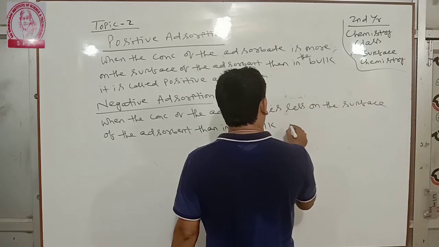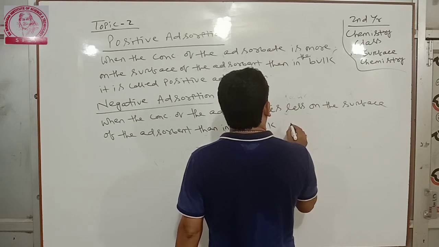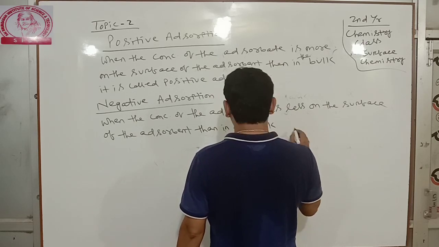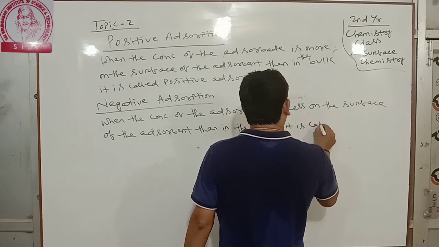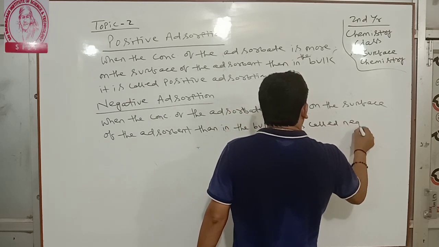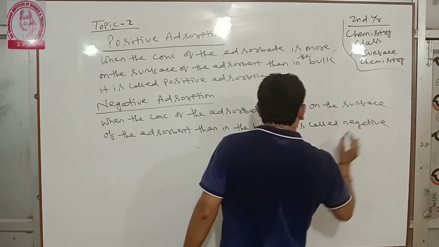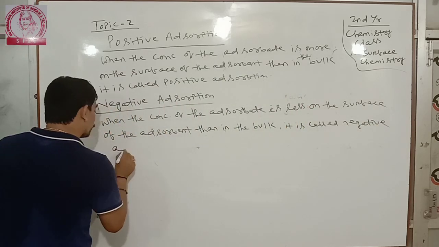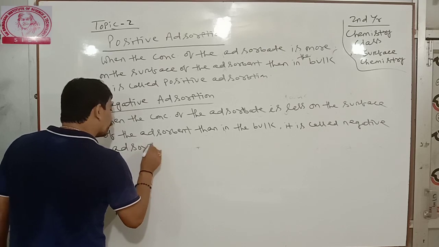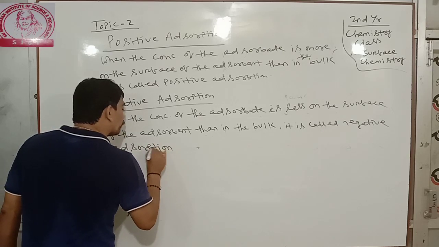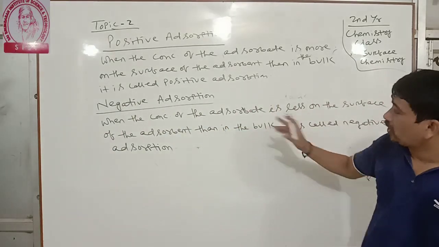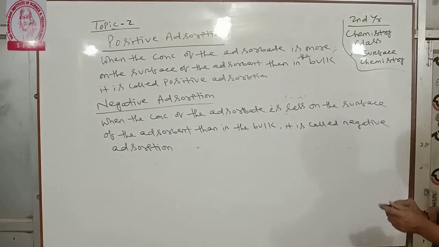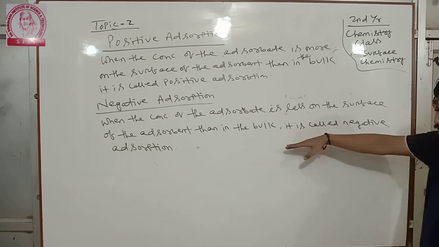When the concentration of the adsorbate is less on the surface of the adsorbent than in the bulk, it is called negative adsorption. So when the concentration of the adsorbate is less on the surface of the adsorbent, so suppose we have